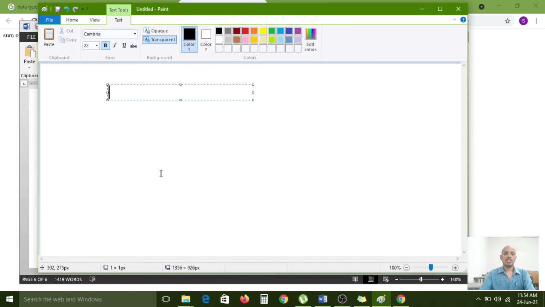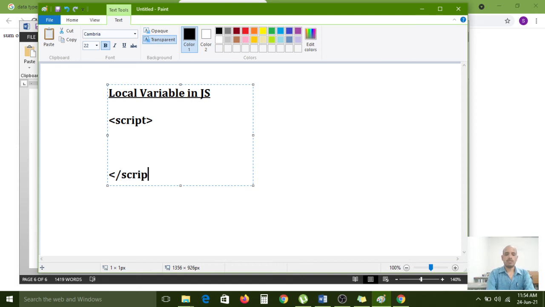Now I want to create a local variable in JS. So in between the script opening and closing tags, the var keyword. Sorry, now I want to create the function.